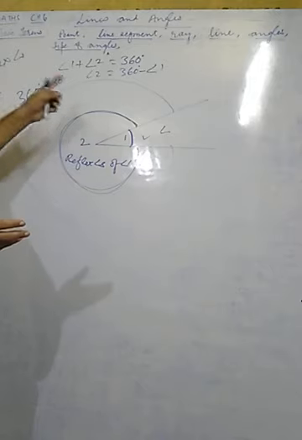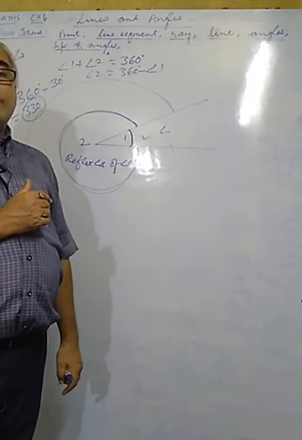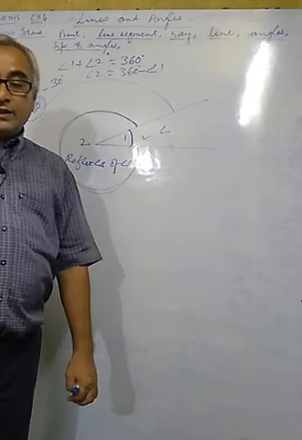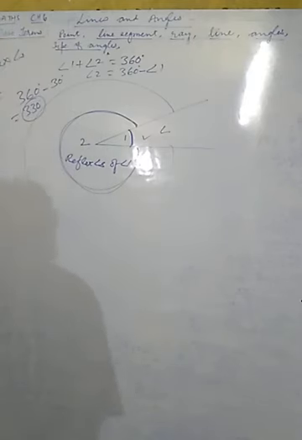So here we have started on pairs of angles. Other pairs of angles are there, so we have to discuss them one by one, in the same sequence. But today, I want to just conclude with this reflex angle.